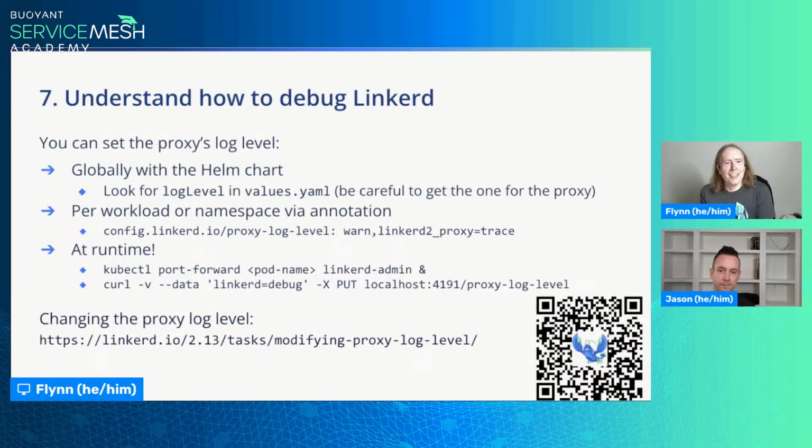If you take a look at the documentation that I've linked to here about modifying the proxy log level, at the end of it, they point out that there is, I think the word they use is, non-zero negative impact on performance if you're running with debug logging, which is a beautiful way of saying, if you turn on debug logging, your system will get slower. So make sure you put it back when you're done. If you're running in production, you probably do not want to be running with debug longer than you need to be.